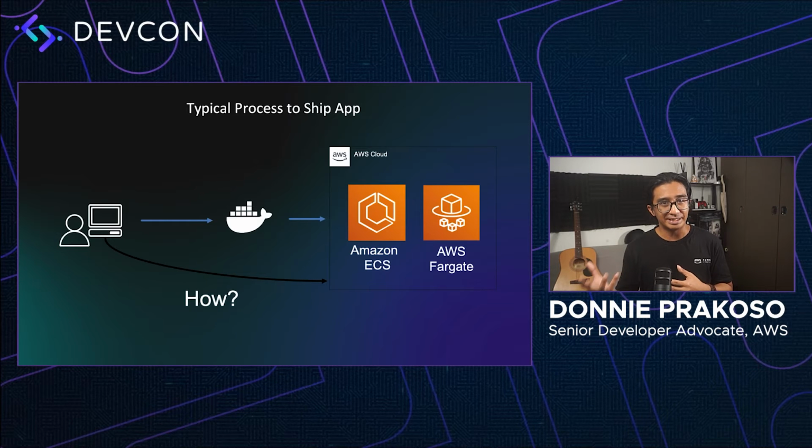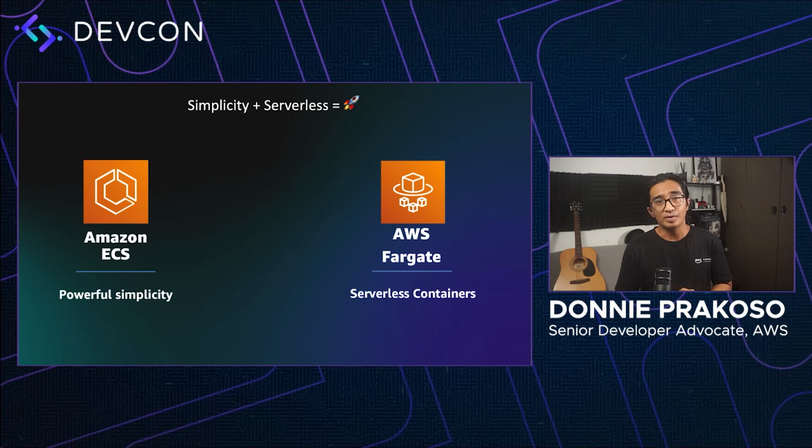Running a single container is easy, but in reality, we often need to deploy more than one container. It could be tens, hundreds, or thousands that we need to deploy. And this is very relevant to the current conditions where, in general, organizations and developers are moving to adopt microservices consisting of a variety of services. So now we're going to focus on simplicity, but still giving you the rich features and powerful ability of Amazon ECS. And we're going to integrate with AWS Fargate, serverless containers, so you can have more time building your apps and not managing your infrastructure.